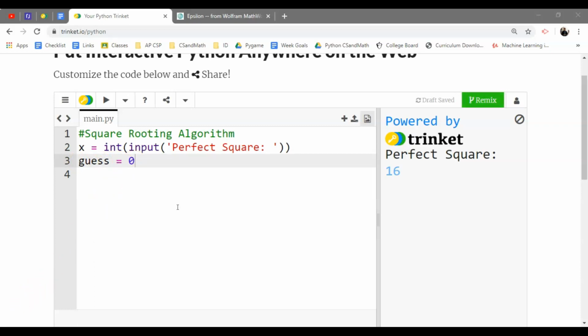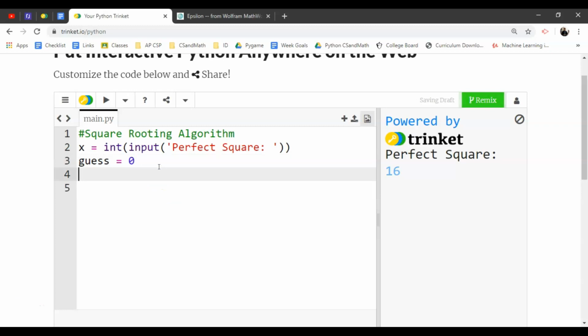Okay, so what we're going to do here is use essentially a looping algorithm where we're going to just keep guessing at this thing, just like guess and check, like I said I tried to do when I was a kid. So let's do that with a while loop, because we can loop something until a condition is met. So while our guess